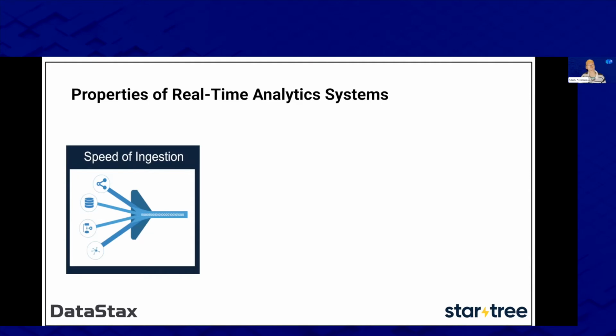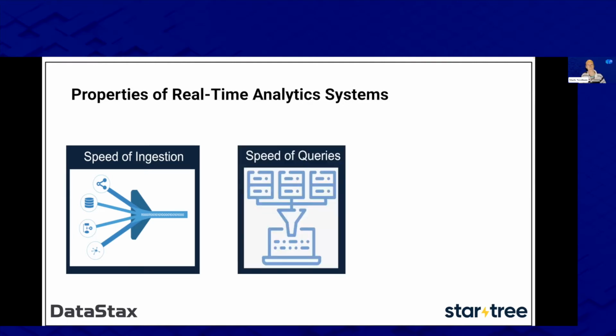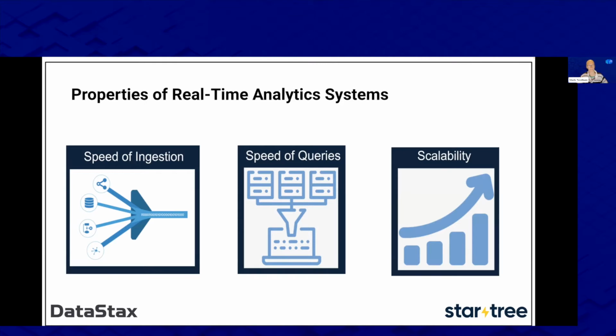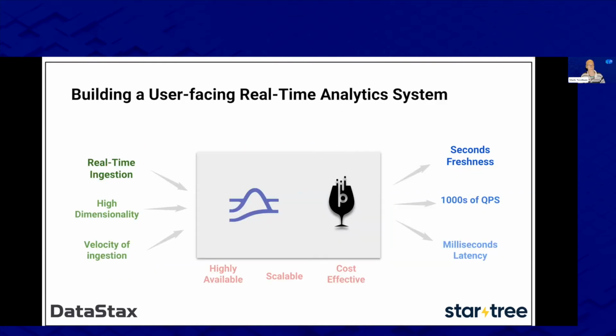So I'm just going to run through the properties of building these systems. The idea is we're going to have data in a stream. In our talk, we're streaming data into Pulsar, and we want to get that through the system very, very quickly, right? So that we can do some queries against that data. We want to get the data in really fast, and query it at OLTP-type speed of queries on OLAP data. And then we want to be able to scale it, right? We want tens of thousands of users to be able to run their queries.